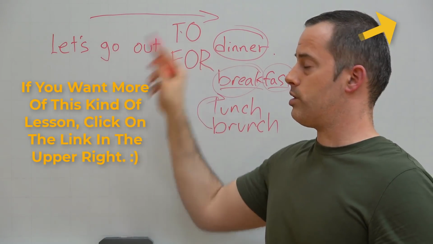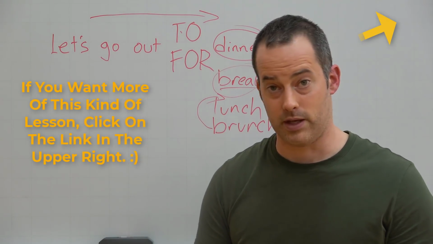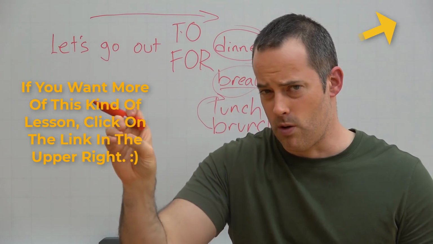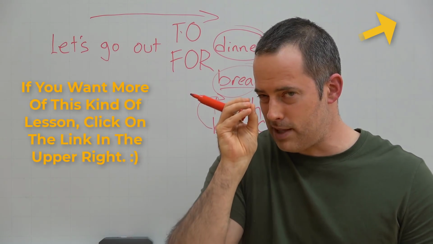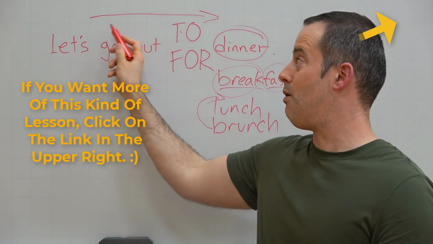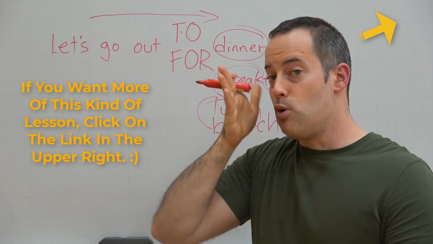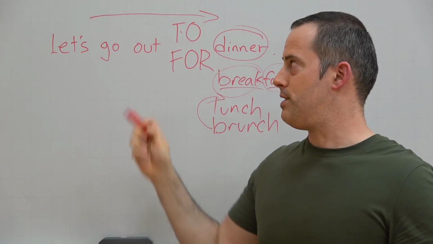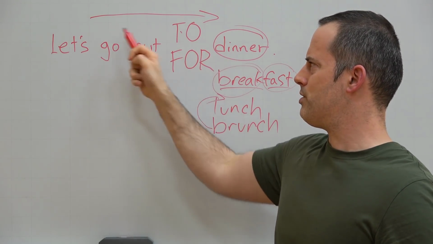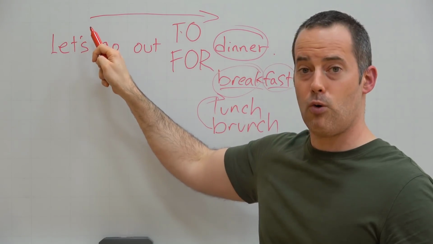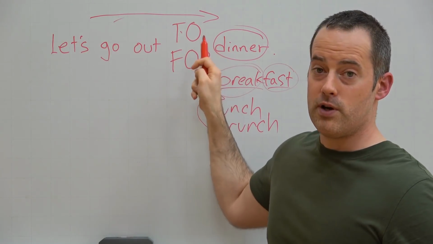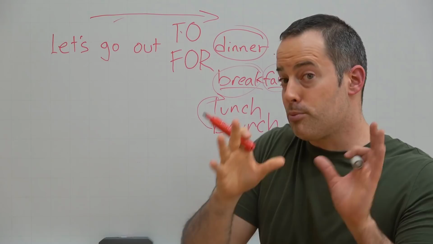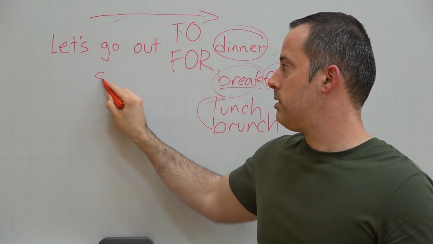But when you use to, we're talking about the direction of something. You're talking about maybe working towards that. Really, it's basically the same idea, because you're always working towards or moving to a particular goal that you have. But in this case, let's go out to dinner. We're just thinking more about, like, we are here at home right now, so we have to move to get to this location.